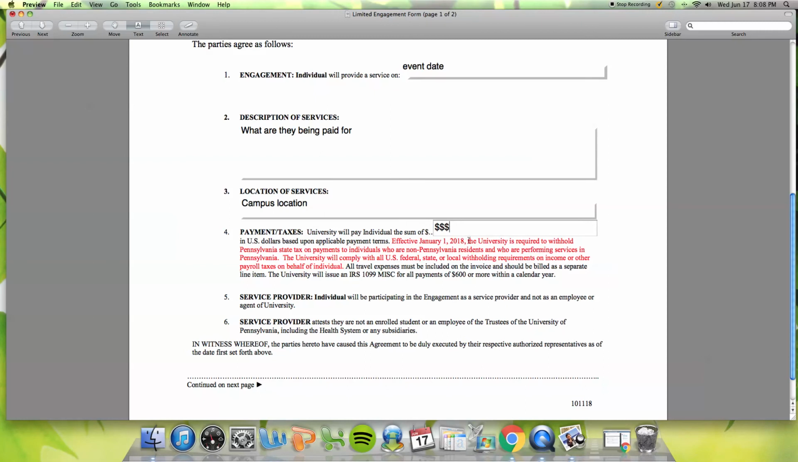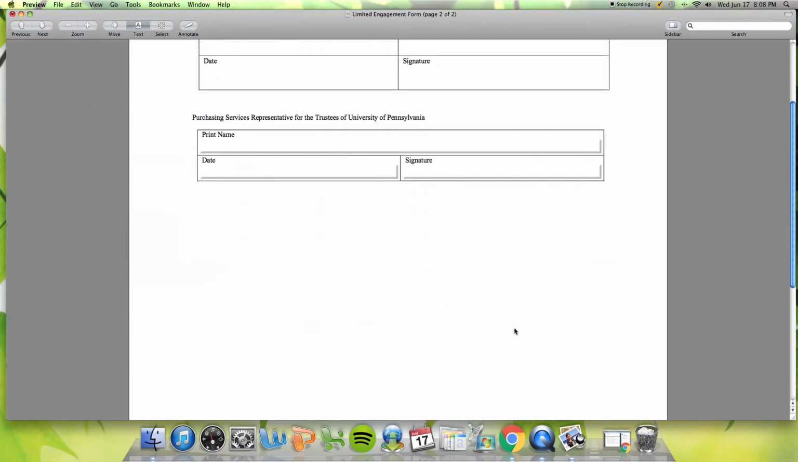They're going to want to review this text in red. It details taxes and what could be taxed on their payment. Also, numbers 5 and 6, it just mentions that they are considered service providers and they are not enrolled students or paid university employees. Once they've reviewed all of that, I want to move on to page number 2,